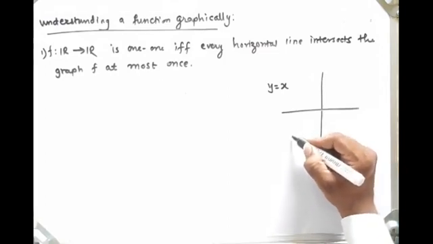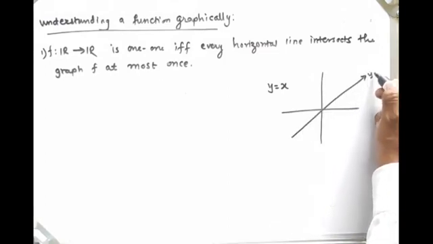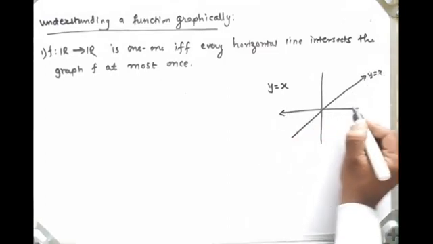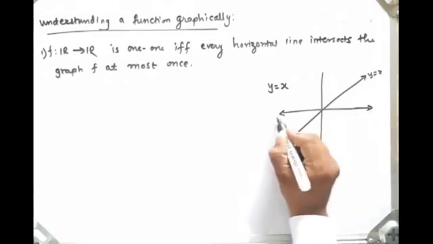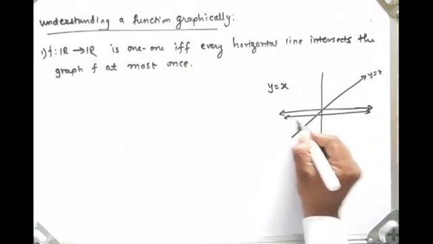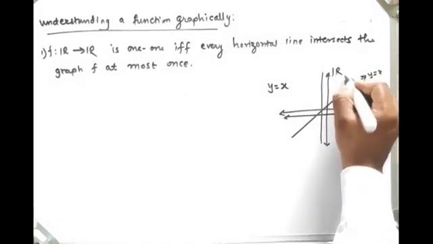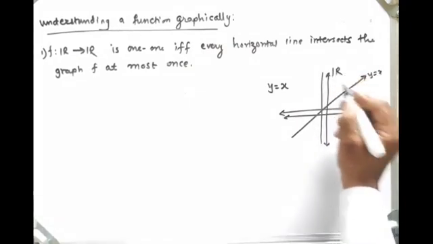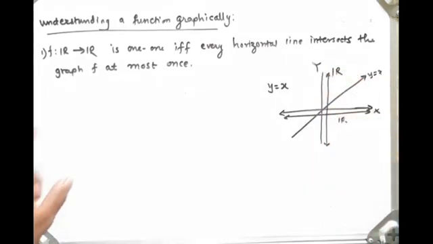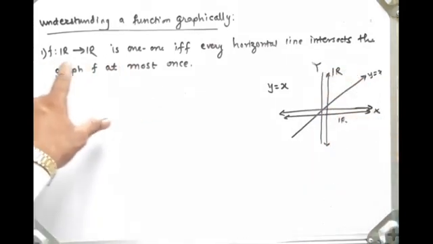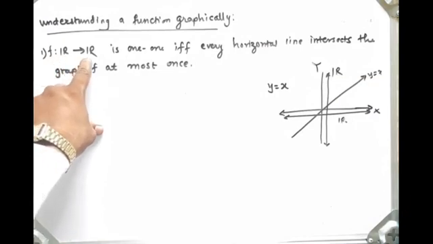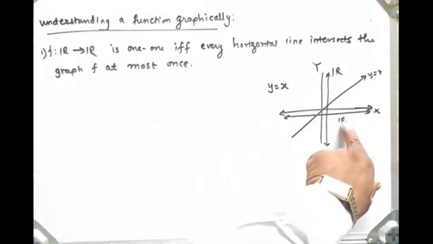So the graph of the function is like this. So this is y is equal to x. So what is our domain? This is the domain, the real numbers R, and this is the codomain, the real numbers R. So this is the x axis, this is the y axis. So what the first case says is, f from R to R, where this R is the domain and this R is the codomain,